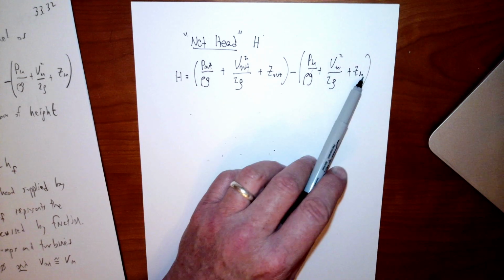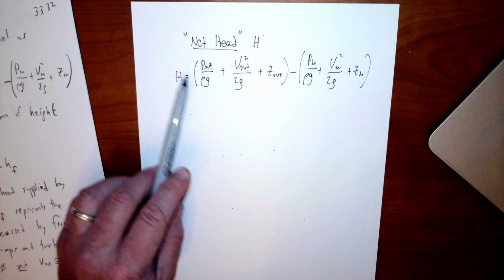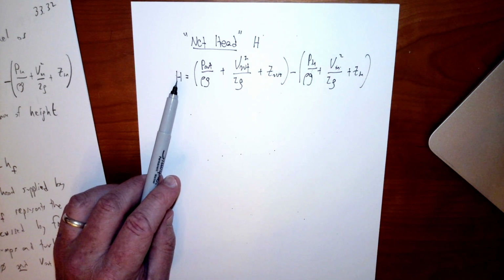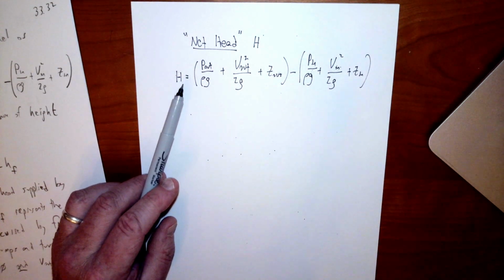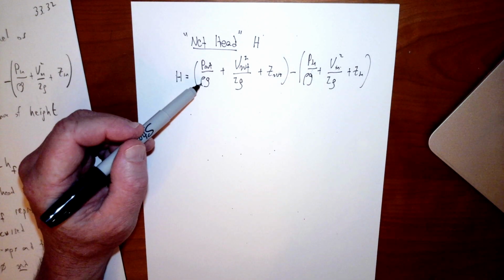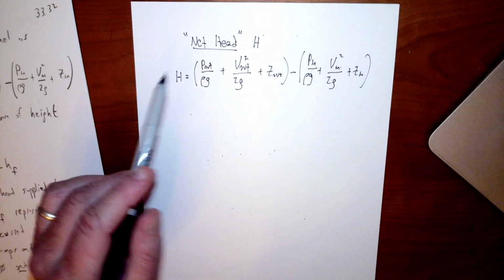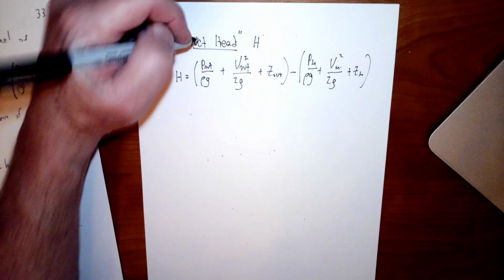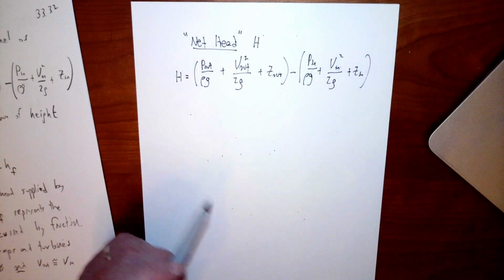So notice the Z terms aren't being multiplied or anything. The units of this thing are actually height. It's the equivalent, if you think of it as a pump, of how high this pump could lift whatever the fluid is, given the fluid has this density. Or if you're extracting energy, how much energy is there if that fluid had fallen down a certain height. So that's what head